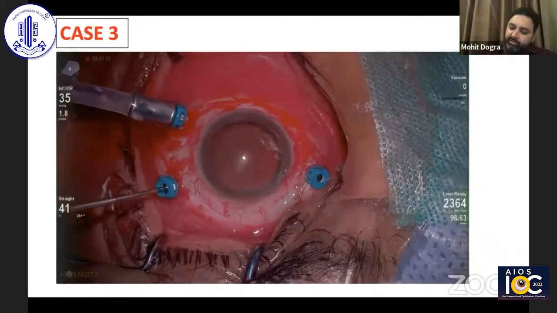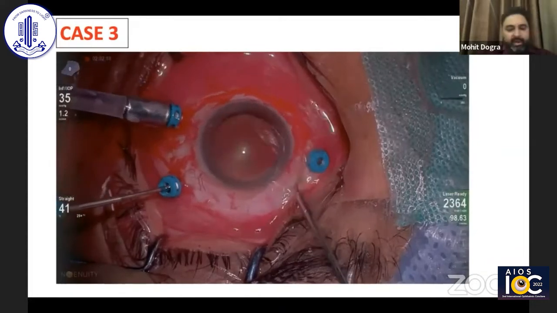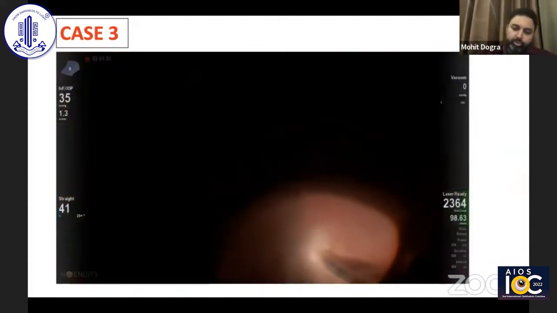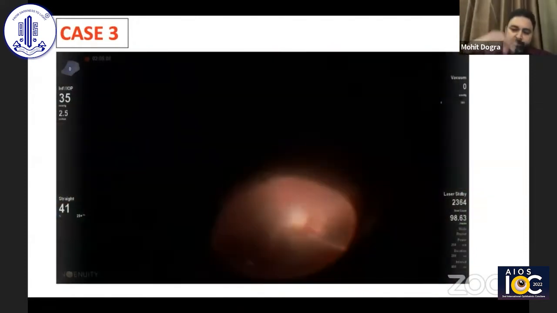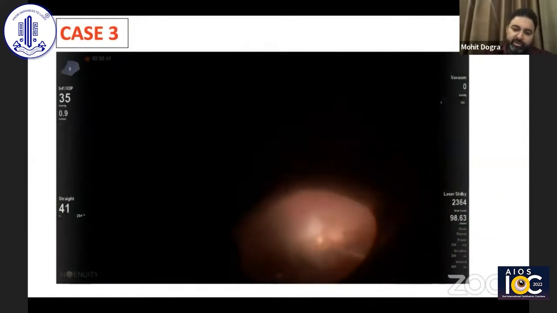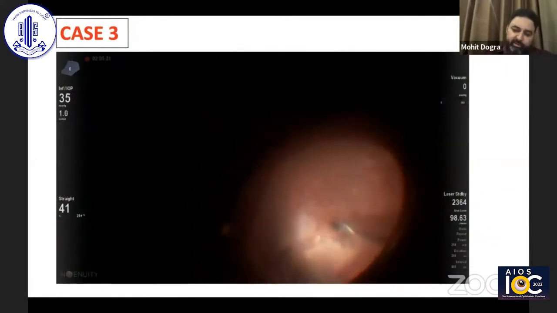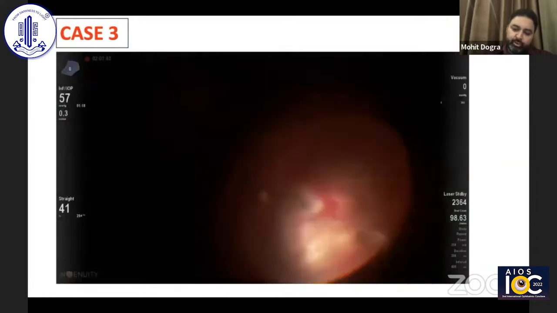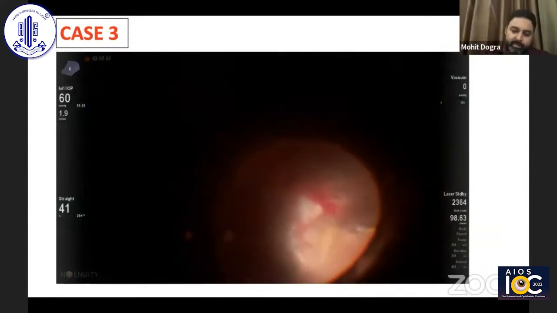We made a 20 gauge separate sclerotomy with the MVR, and you can see we're using a vertical scissors to enter through that. This is our old school 20 gauge scissor, and this was used to cut out the edges that we had marked out, partly with cautery but majorly with laser, so as to achieve as decent a hemostasis as we could. So this was used to cut out that square